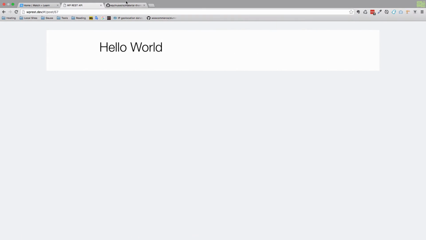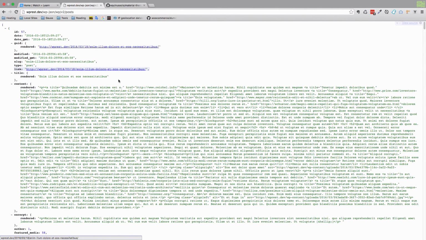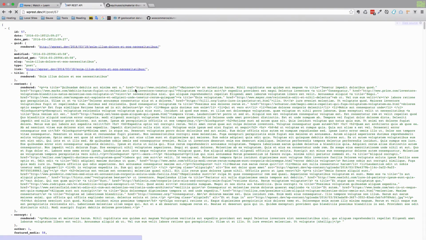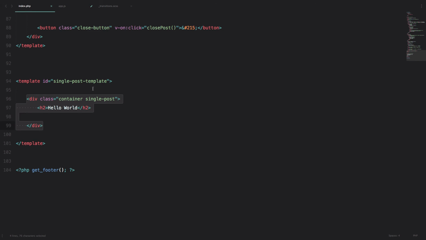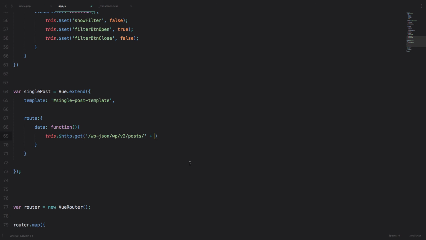So remember, when we go right here, posts, then we get all the posts from our API. But if I just do this 57, then I get just one post. So I have to define that address like posts, and then I do plus, and remember we are getting the ID of the post from here. So what we did a second ago, and then we do this.$route.params